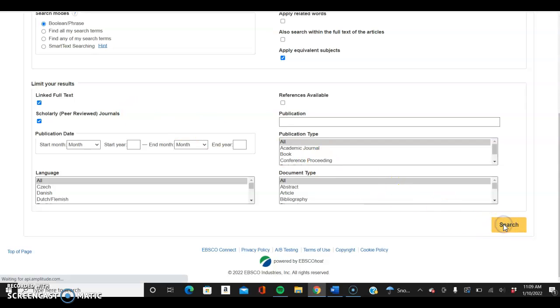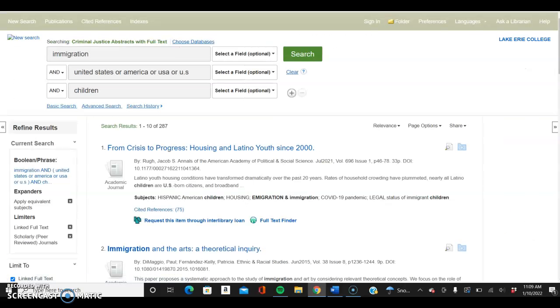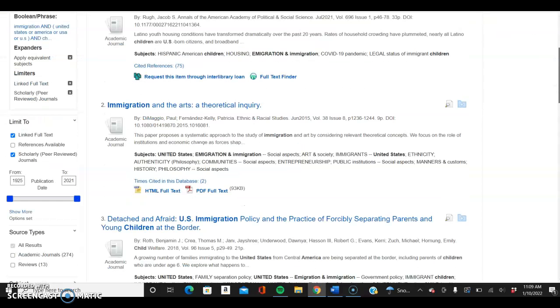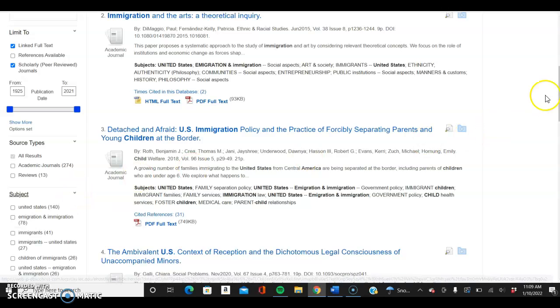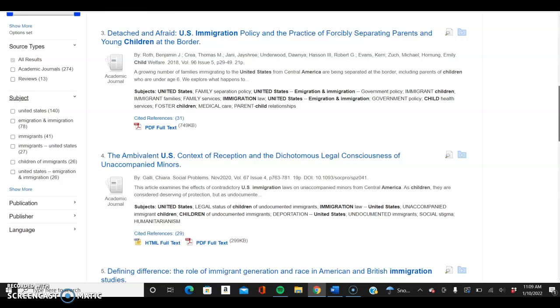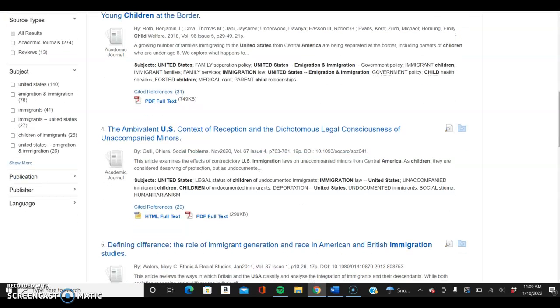And on the bottom right, I'm going to hit search. And we can see on the left margin, it looks similar to storm search. We can move these blue boxes around, change the publication date. Maybe we're just looking for really recent articles in the last couple years or something. We hit subject, kind of breaks down our results into, okay, this is the main subject of these articles.